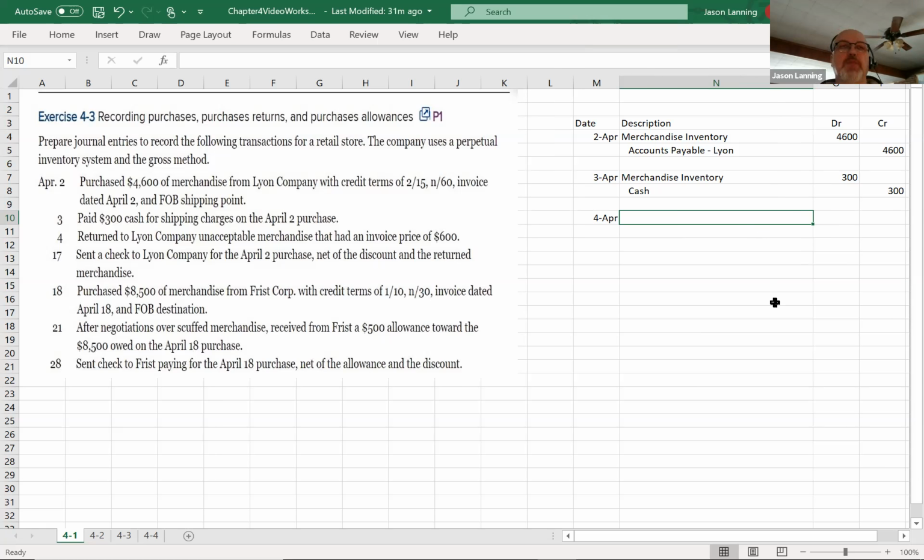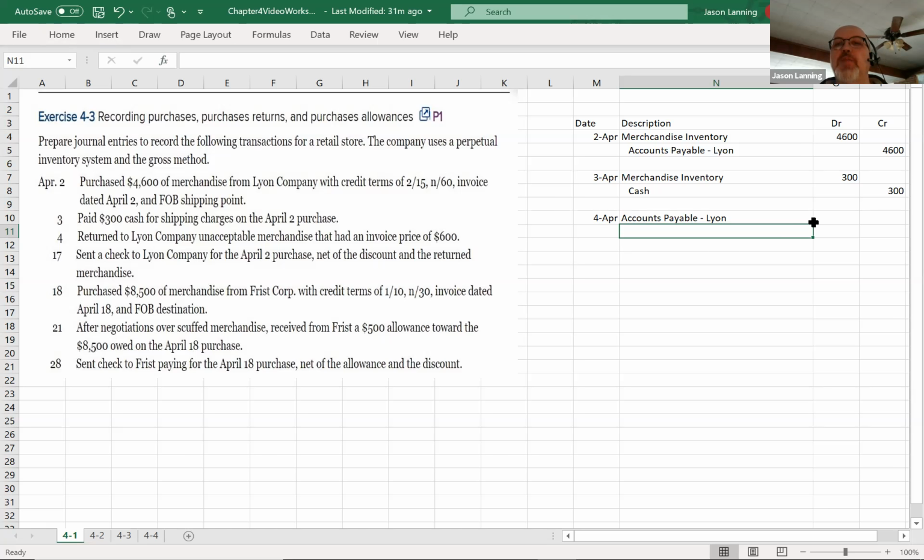So basically, if we're returning 600 and we think about this logically, it means we have $600 less of inventory and we also owe $600 less on the liability. So we will debit accounts payable for Lion because liabilities have a normal balance in the credit, they increase on the credit. Since we're decreasing